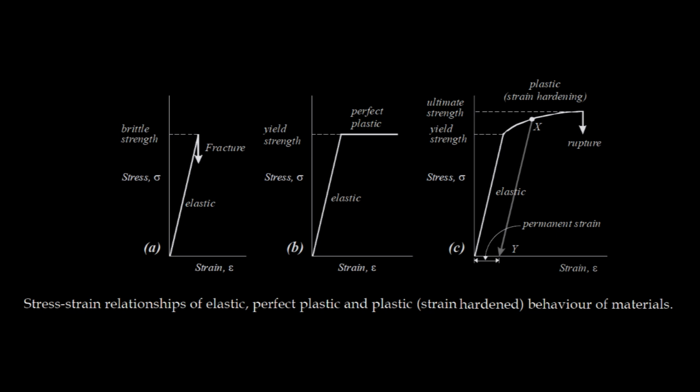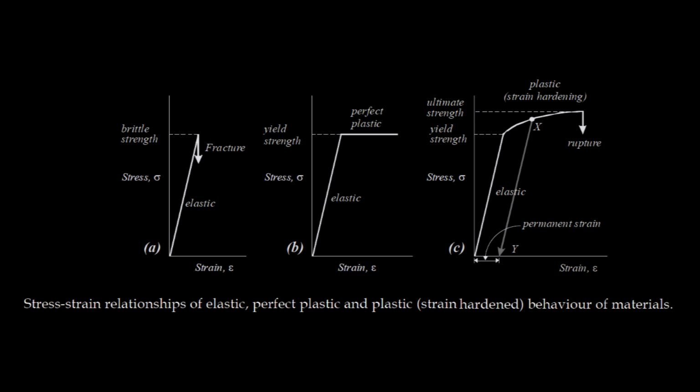With increase in stress, the curve continues along the original plastic deformation path, and the strain hardening may be thought of as an elastic part of the curve and yield strength moving continuously towards the right hand side of the strain stress diagram. With continued increase in stress, the rock finally ruptures at a point which is known as ultimate strength, which is mentioned in figure C. So these are some of the terminology that we have to be very clear about.